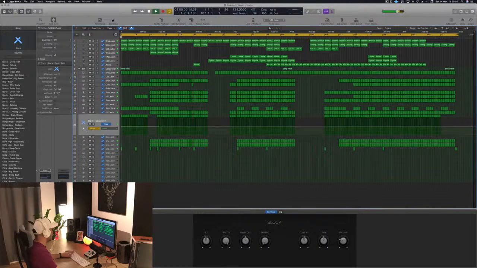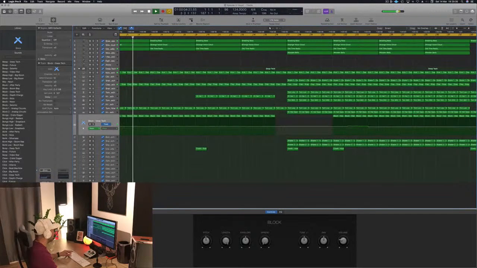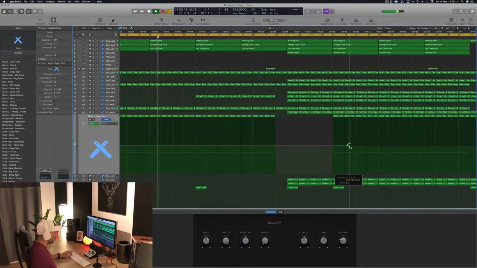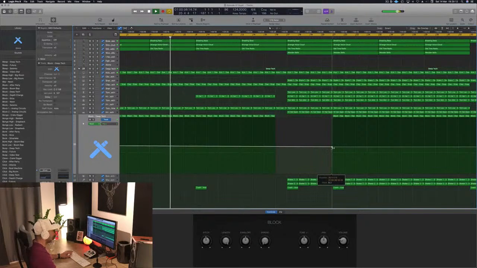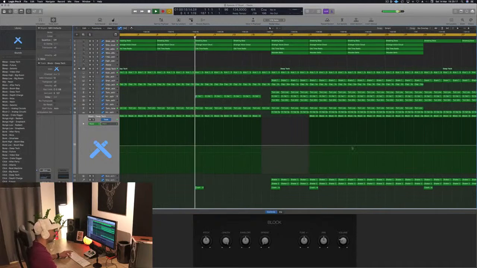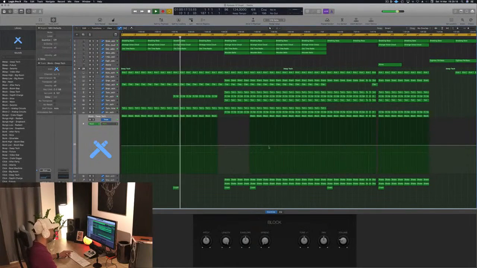I think I can easily pick up this. Oh, this is a weird automation, as in, there's no points. Okay. This is a bit bad here. C is good.